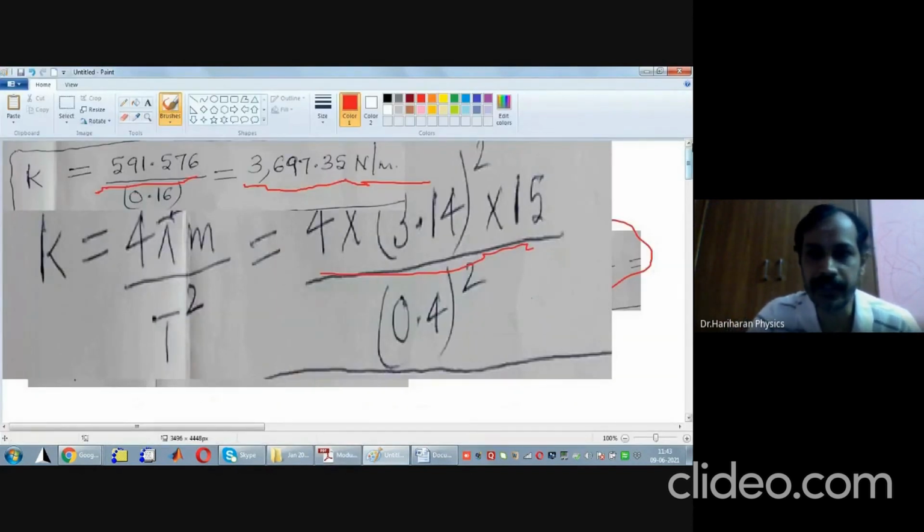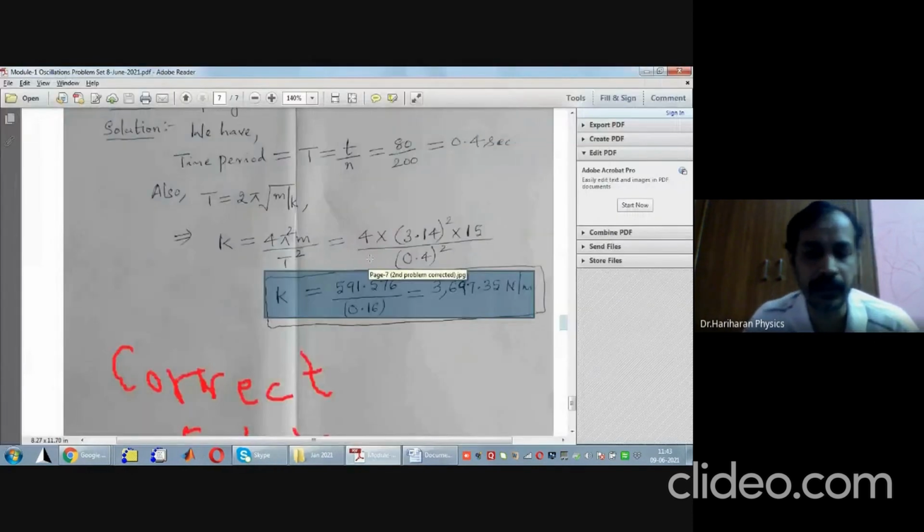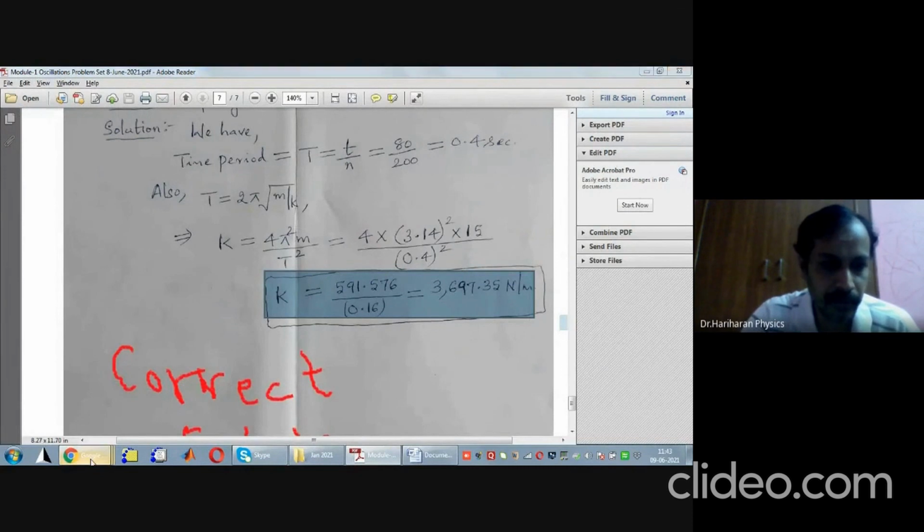So that ends the second problem. In the next class, we will work out another three or four more problems, and that will end module 1, which is the oscillations chapter. Okay, clear to you all? So before that, let me